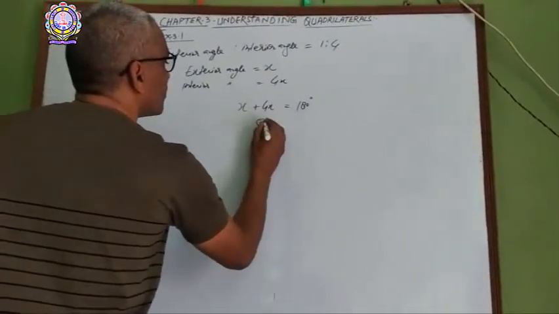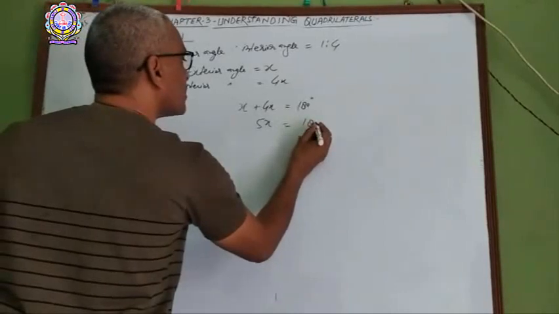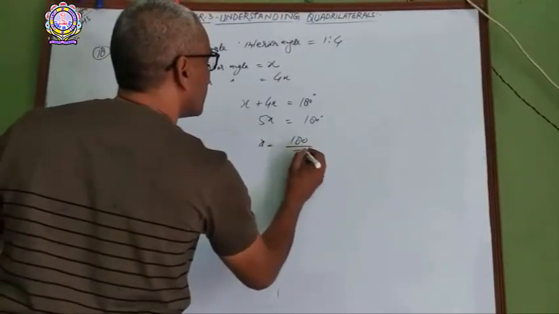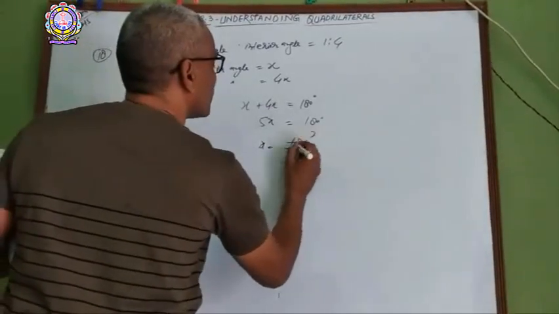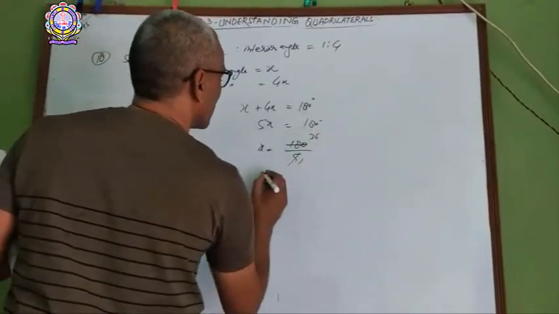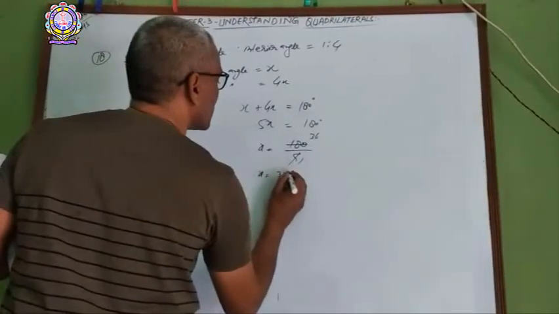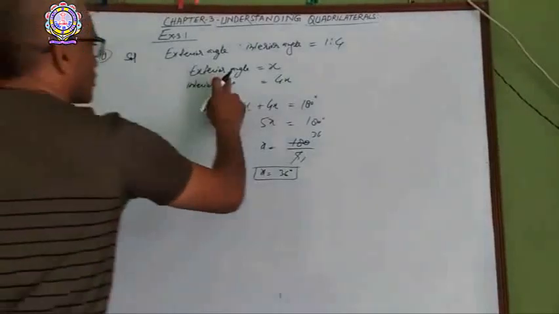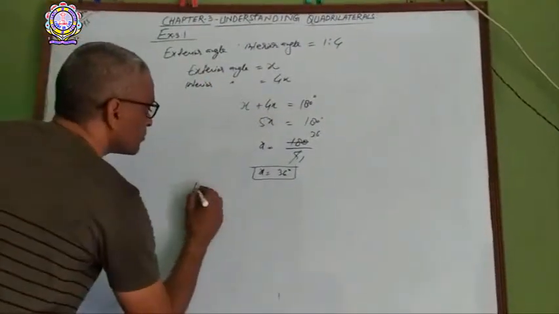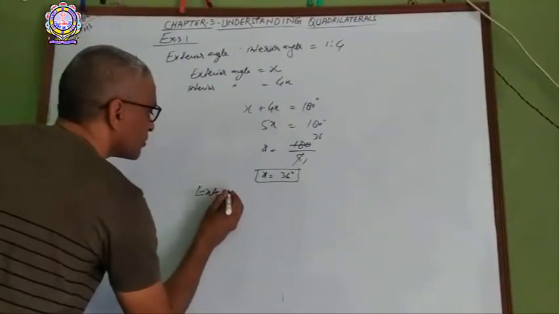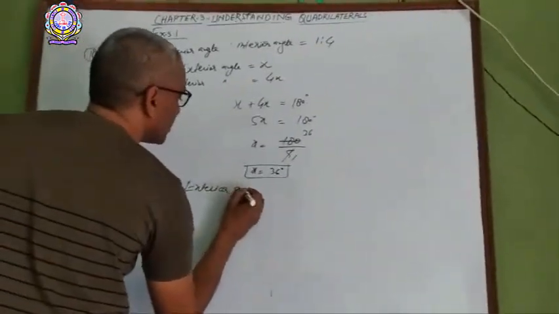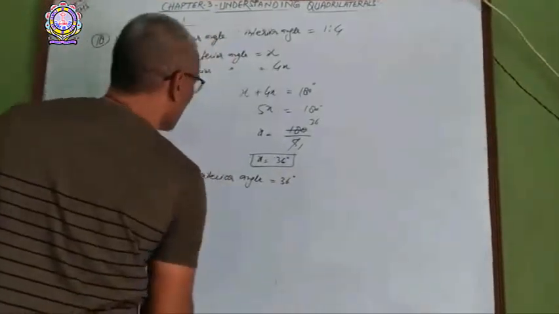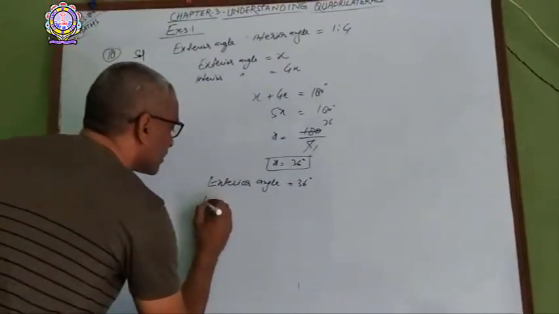Sorry, 5x is equal to 180 degrees and x will be equal to 180 upon 5. 5 6s are 30, so x is equal to 36 degrees. It means exterior angle will be equal to 36 degrees and interior angle